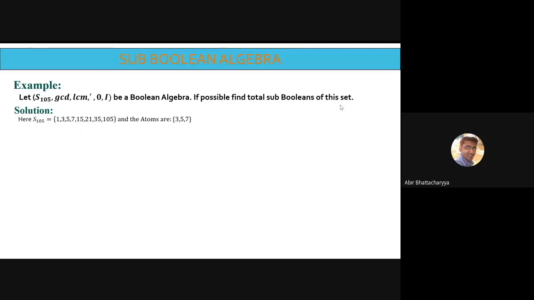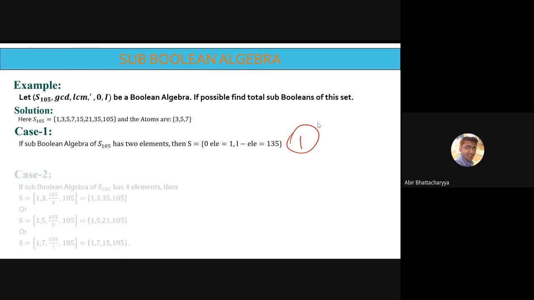Now we want to find the sub-Booleans of this. The first case has 2 elements only, the 0 element and the I element. The 0 element is 1, and the I element is 105, we know that. So we can put 1 and 105. This is the first case, and it has only 1 sub-Boolean. Count the number of sub-Booleans. Case number 2,